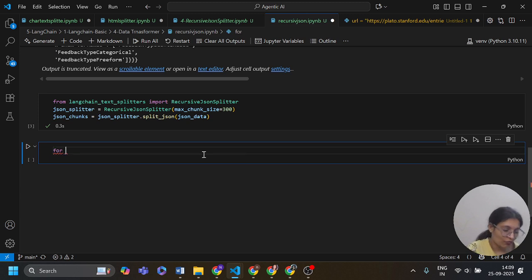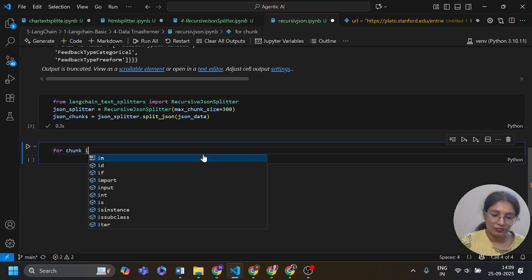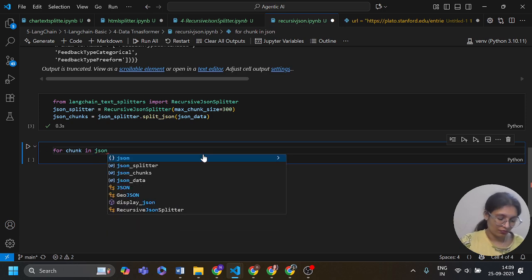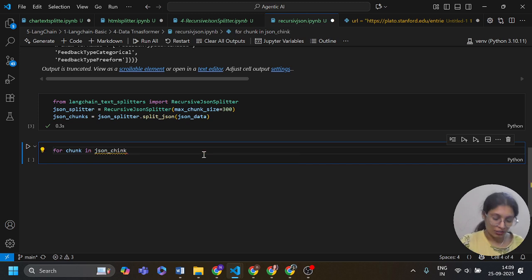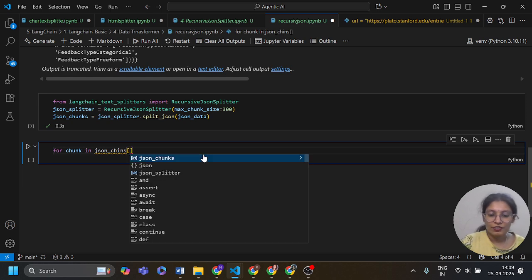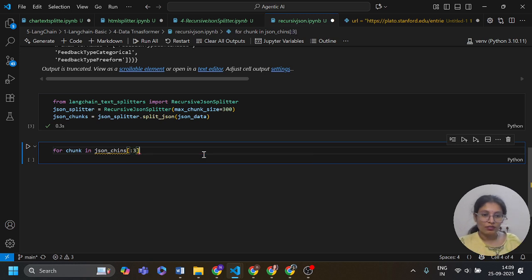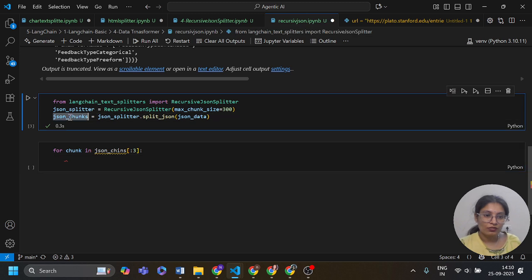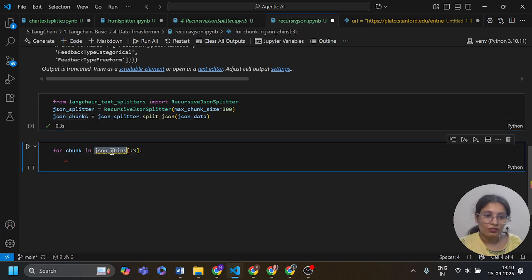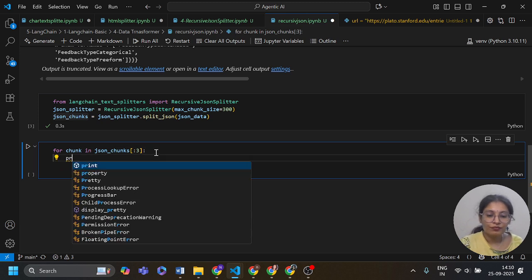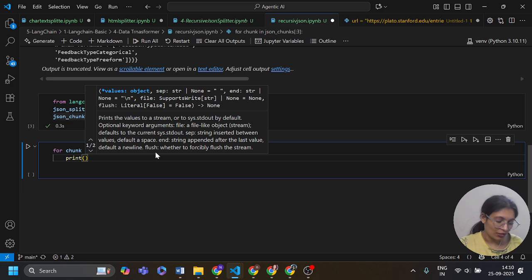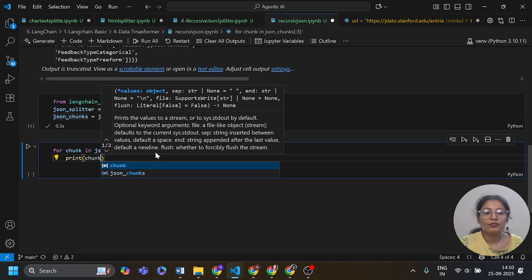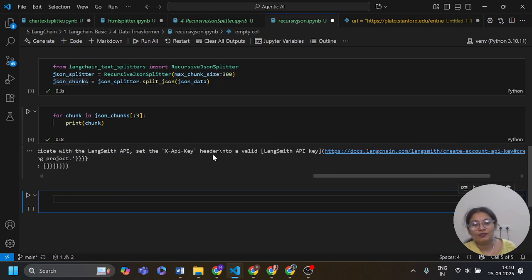Now I am going to apply a for loop: for chunk in JSON chunks, and it will give 0 to 3, so I use a colon. Print chunk. Okay, so these are the chunks.